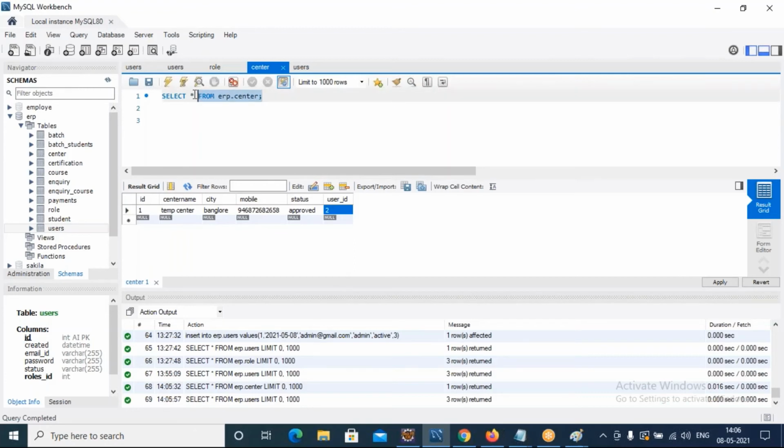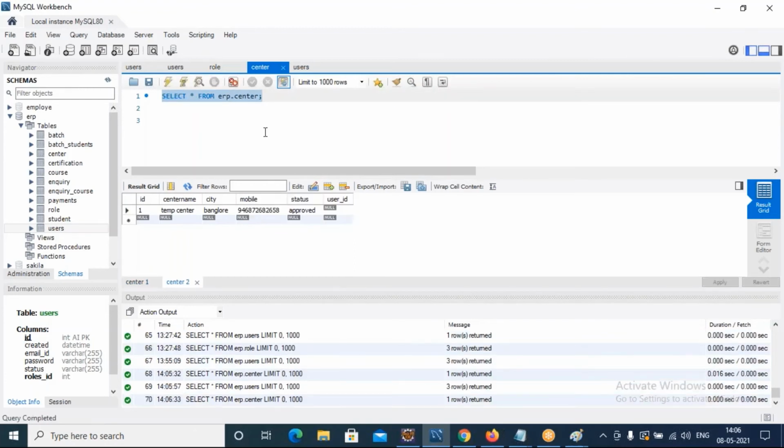So now I updated the table. I need to save. I'll just write a query to update.